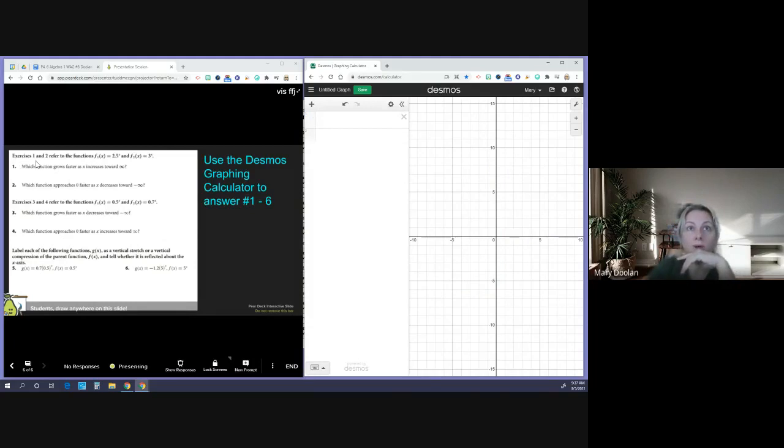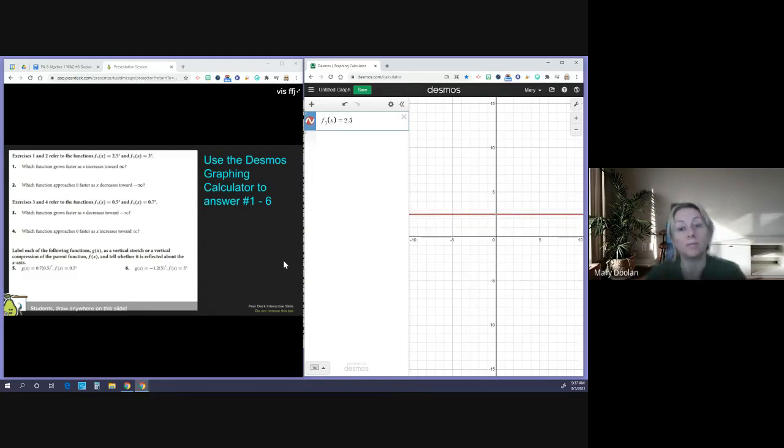For exercises 1 and 2, refer to the functions f sub 1 of x is equal to 2.5 to the x power, and f sub 2 of x is equal to 3 to the x power. So we have two functions of x, and they're differentiating them with a subscript. So when you start typing, if I type f, I don't have to do anything to get the 1 to go down as a subscript. I just type 1 normally, and it'll automatically go down. And then my cursor will come back up, and I could use an open parenthesis x, close parenthesis, equals,